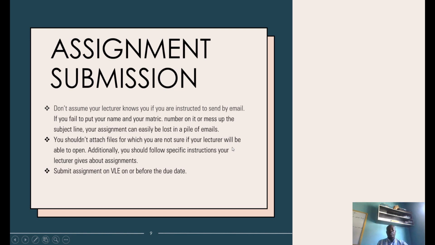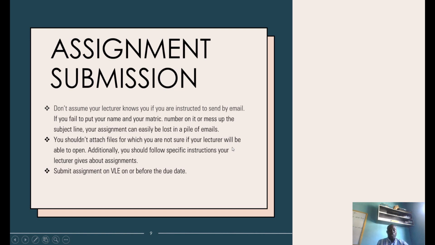If you are instructed to submit an assignment by email, don't assume he knows your email address. Make sure you remember to put your name, the subject, your matric number, and every other information that is necessary. And also the subject, so that your mail or your assignment won't be lost in the pile of his emails.